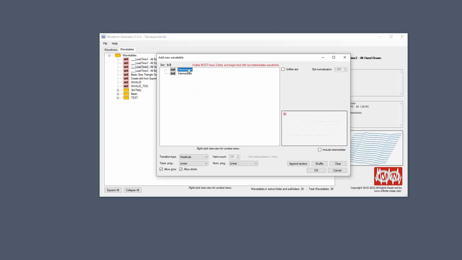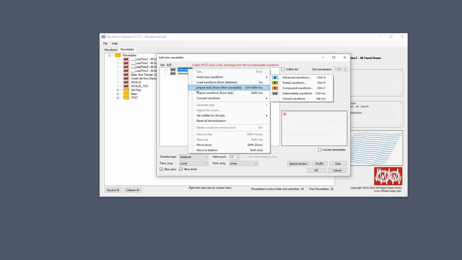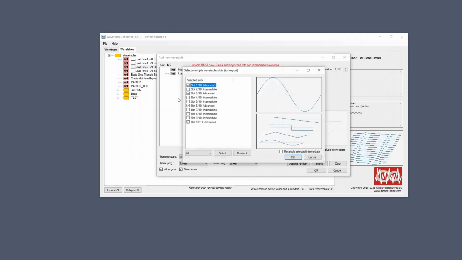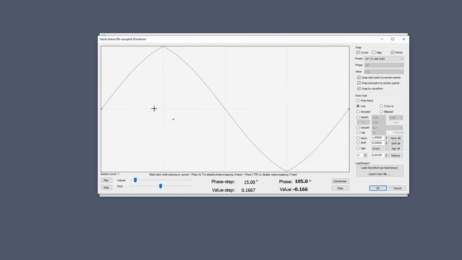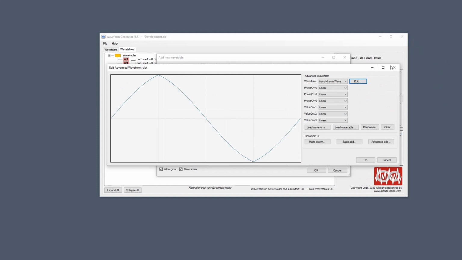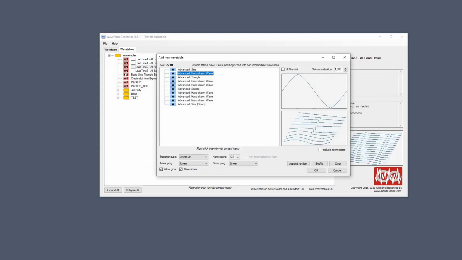They're still intermediate. Another thing you can do is you can also simply import and select all again. But by checking this one, we ask it to resample these intermediate into waveforms. So instead of being intermediate, they'll be resampled into hand-drawn waveforms. So now this one is not an intermediate, it's simply been resampled into a hand-drawn waveform. So again, you can import a wavetable as a folder with a lot of waveforms, but there's no need to. If you plan to import them as a wavetable, I suggest you do that. And this way you can actually build your